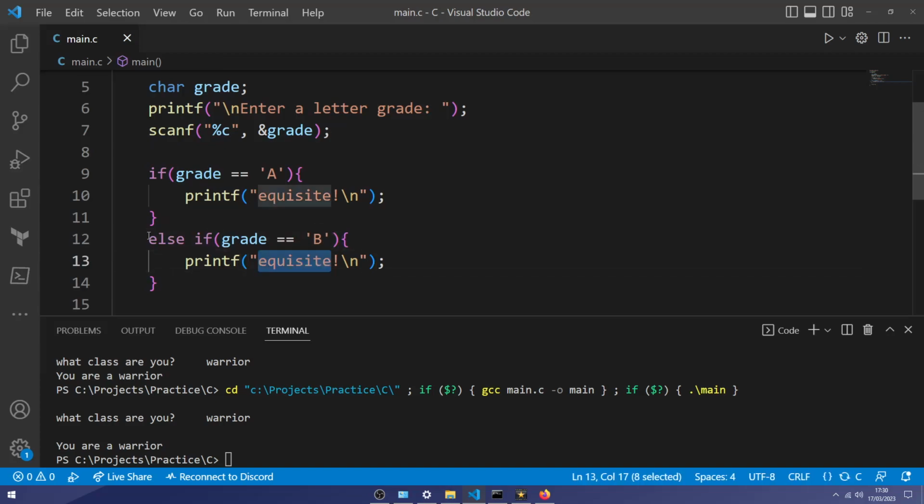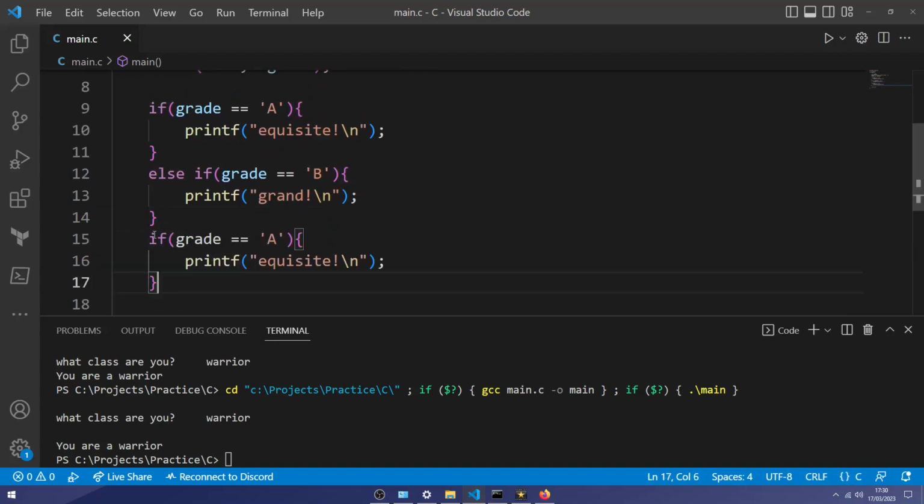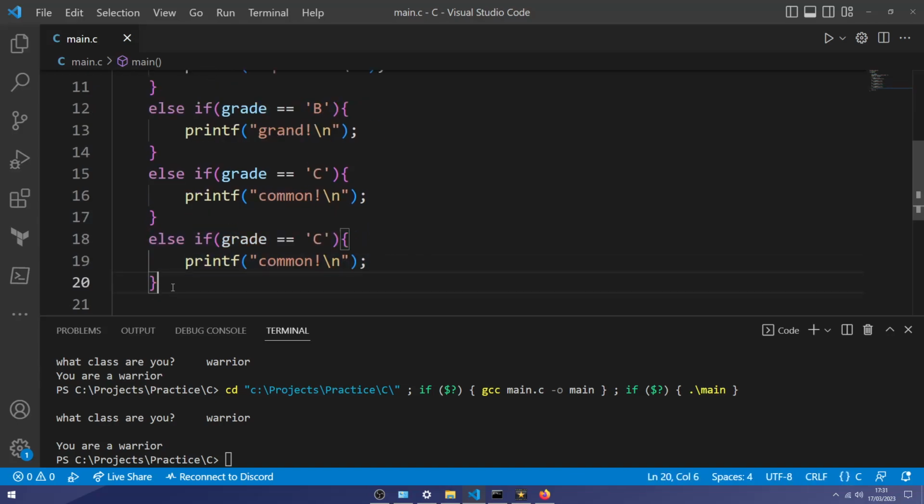Or else if the grade equals B, that's still a pretty grand grade. And else if the grade is C, that's a pretty common grade.